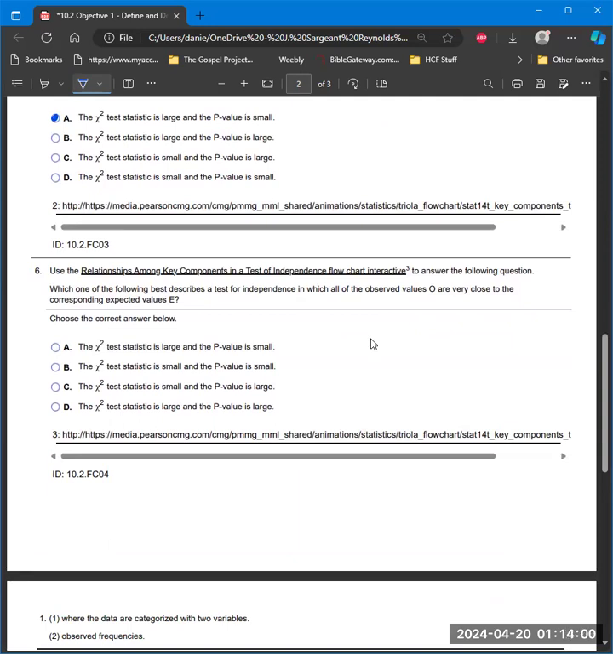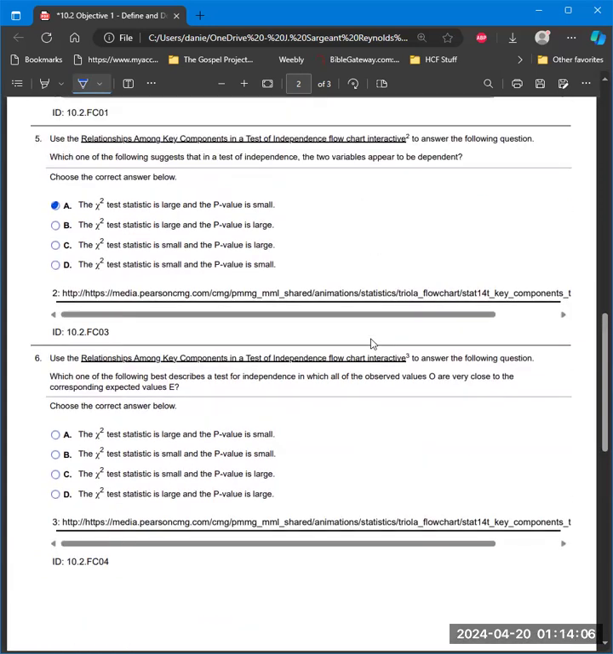And which one best describes the test for independence in which all the observed values O are very close to the corresponding expected values E? That would be that the chi-squared statistic is small and the p-value is large, which is